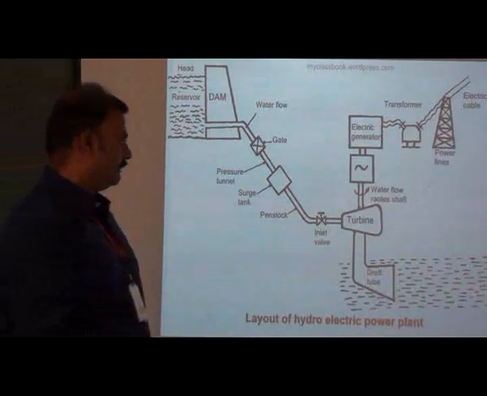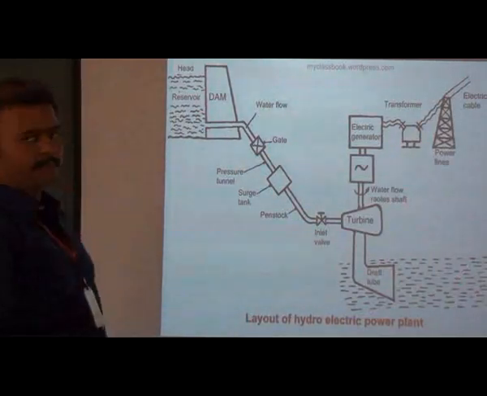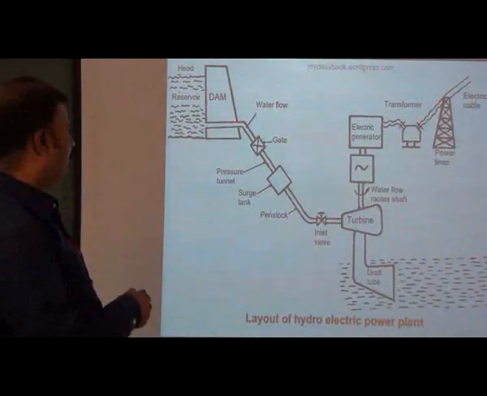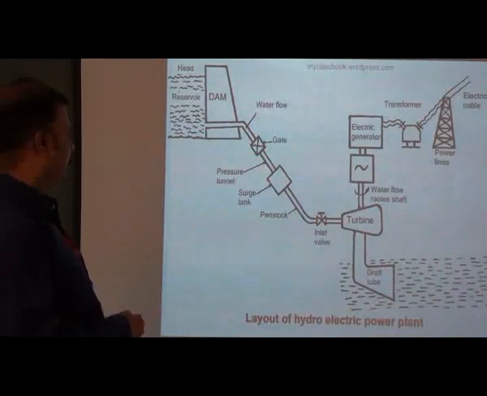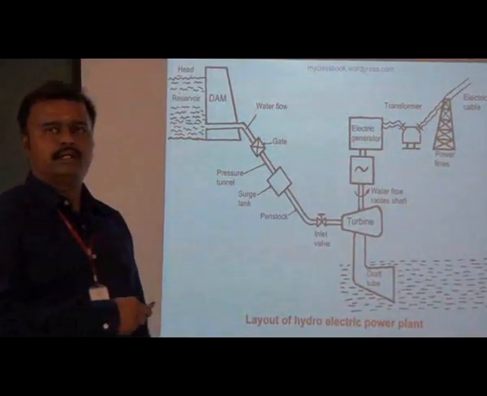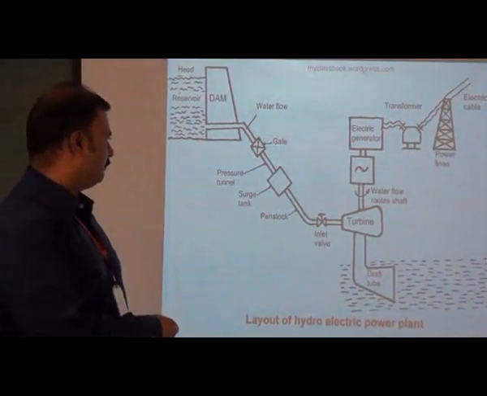So this is the ground level. In between, the hydroelectric power plant is located. This is the penstock. The water which is carried from the reservoir to the river is called a pressure canal or penstock. This is a gate valve. By using the gate valve, we can open the water and allow it through the penstock.